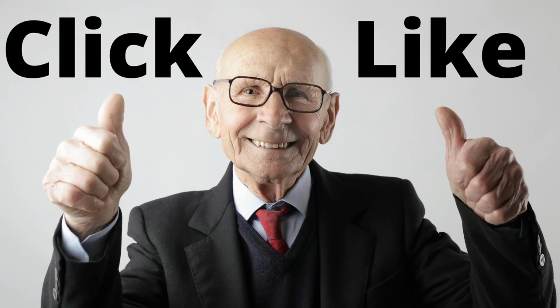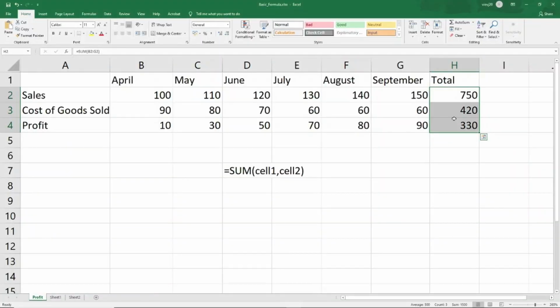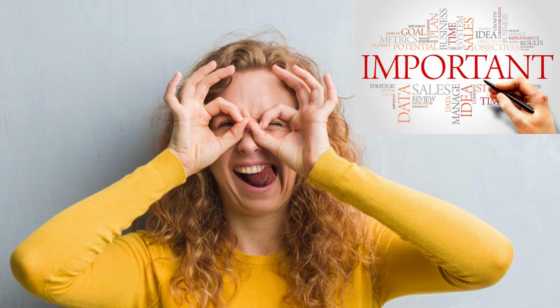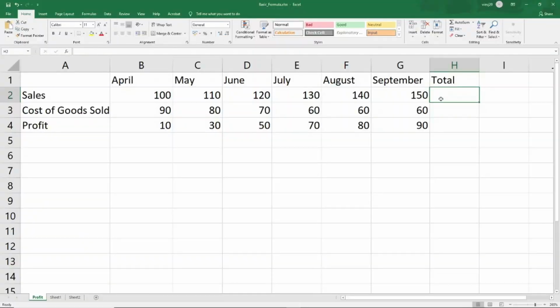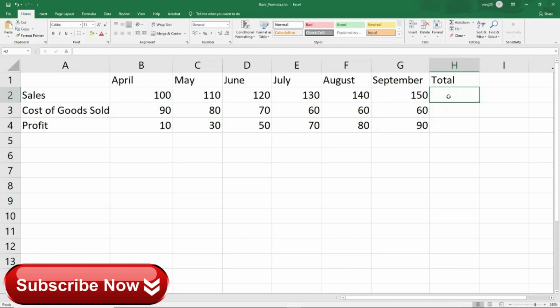So these are some of the things which I think will be really helpful and you should know. I will show you one more way which you can use to get not only the sum formula but any kind of formula. Let me delete this from here. If you want to do the total of sales for these 6 months in cell H2, you can go to the cell H2, whether you use your mouse or your keyboard. I personally always recommend keyboard, but in the beginning you can use mouse because it's going to be a little easy.